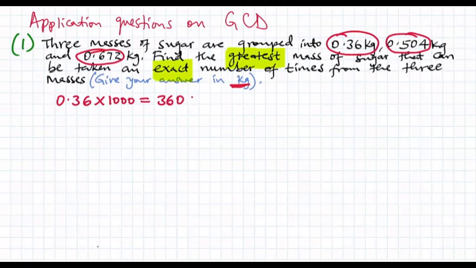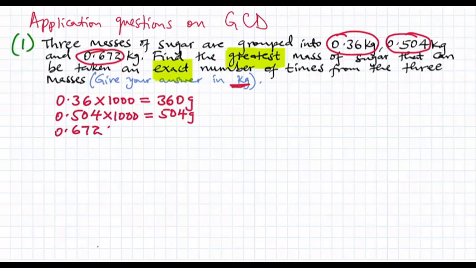I'll get 360 grams. The other one is 0.504 times 1,000. I'll get 504 grams. The other one is 0.672 times 1,000. I'll get 672